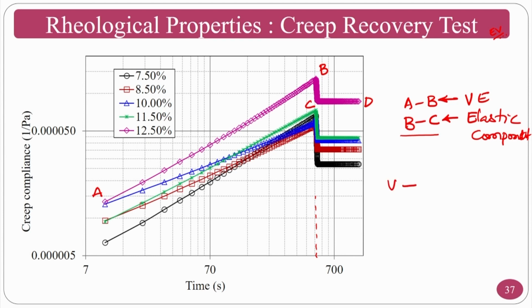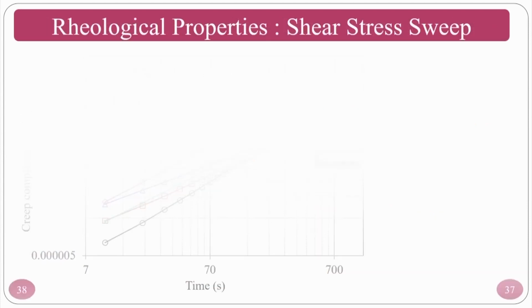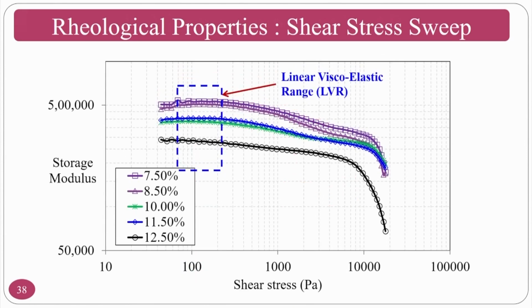Assume that your medium is elastic dominant. So your radial force will be high. If it is viscous dominant, then your axial force and axial velocity will be high. So what do you mean by this? If your medium is elastic dominant, then indentation depth will be more. That you can infer from the upcoming slide.